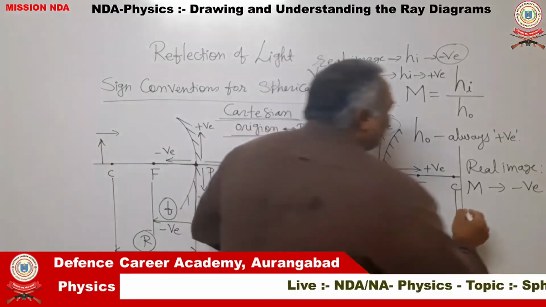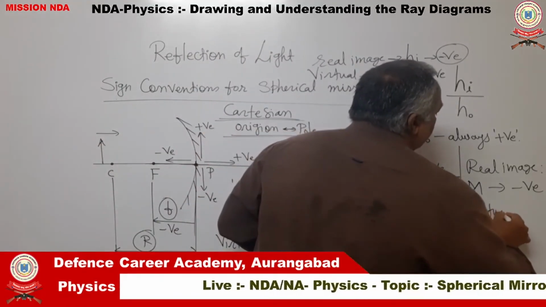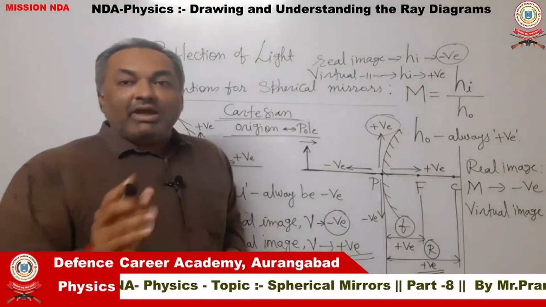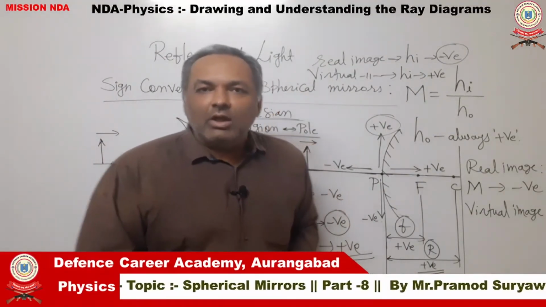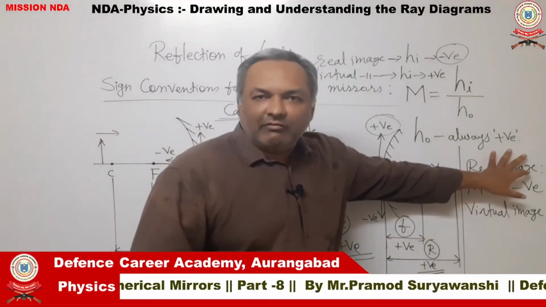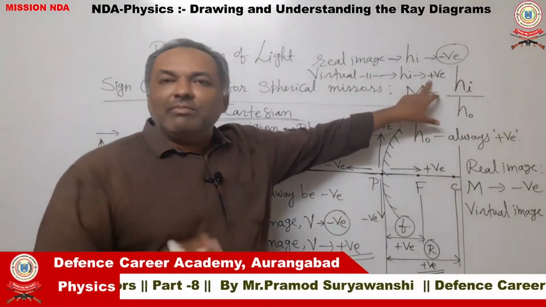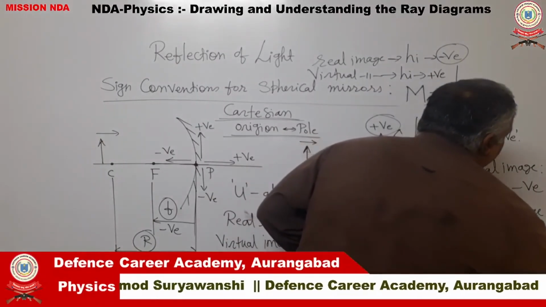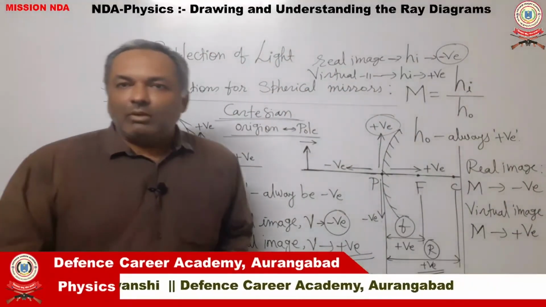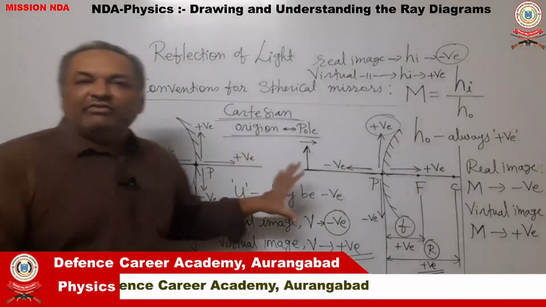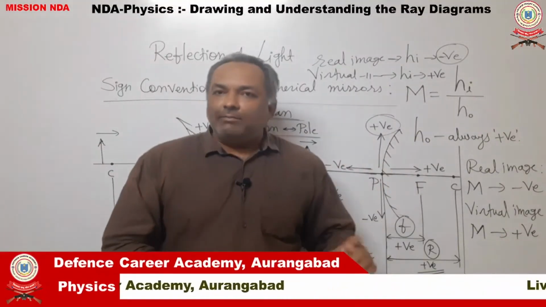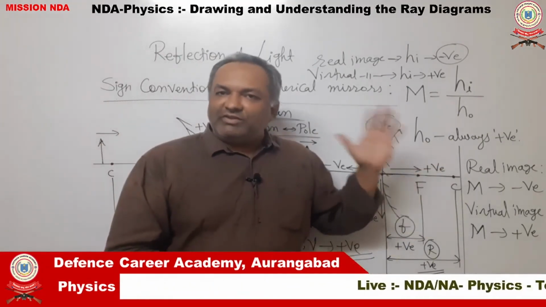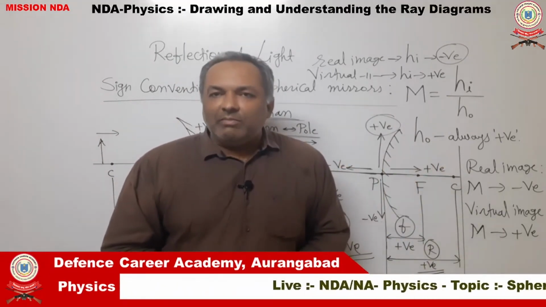Vice versa, if the image formed is virtual, the image is erect with respect to the object. So, the height of the object is always positive, and for a virtual image, the height of the image is also positive. Therefore, for a virtual image, magnification will be positive. So, all these important points, if you keep in mind and follow them while solving a numerical involving a spherical mirror, you will never make a mistake in sign